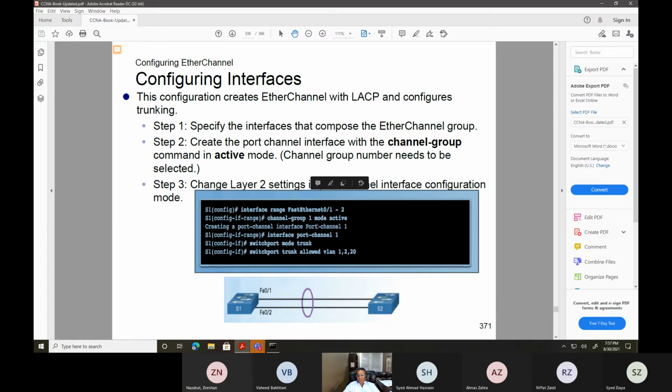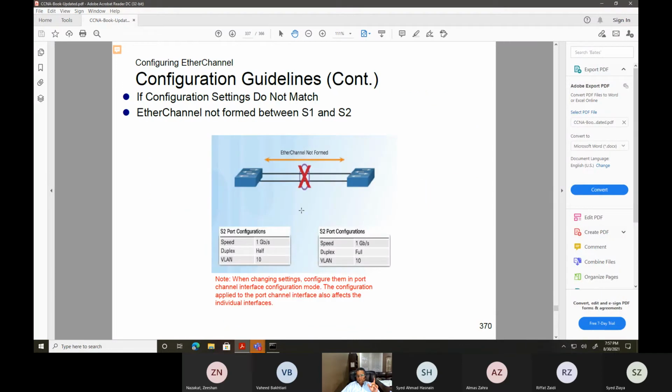Then you go under interface port-channel itself and say this is a trunk port, allowing VLANs 1, 2, and 20. So instead of putting a trunk here and here, we have put it under the port channel itself. Understood, guys?